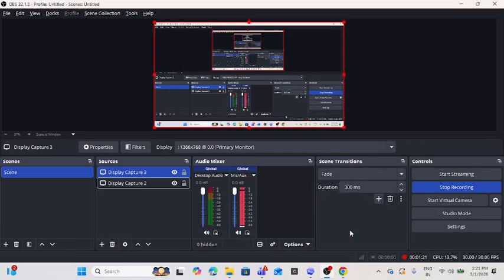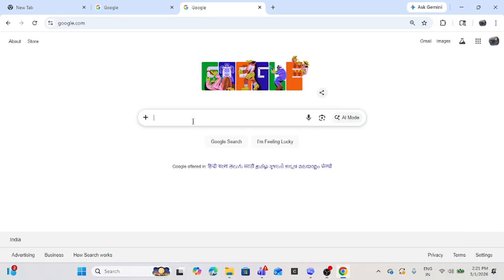So if now I press Y, that's why it is recording my whole screen. Now if I press the cross, it will